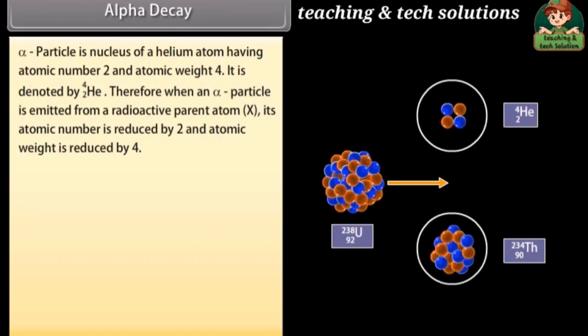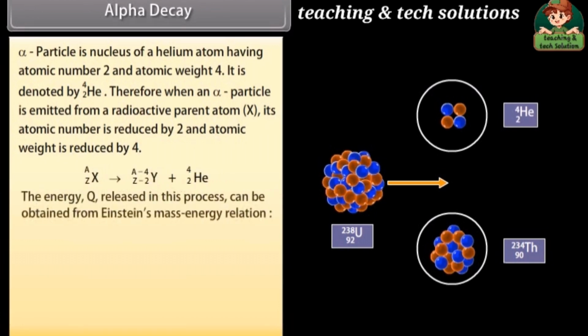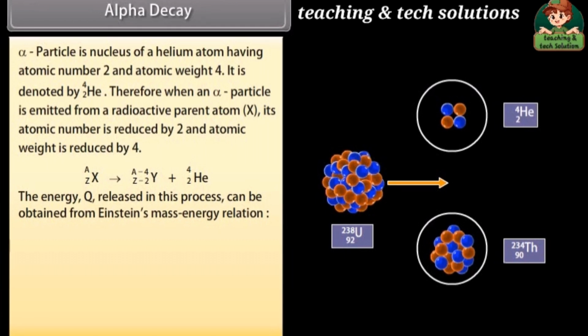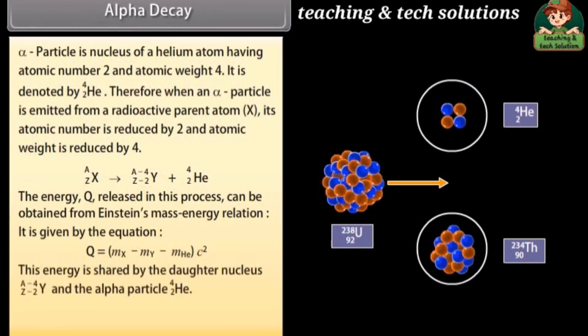It can be demonstrated as the energy Q released in this process can be obtained from Einstein's mass-energy relation. It is given by the equation Q is equal to (mX minus mY minus mHe) into c square. This energy is shared by the daughter nucleus and the alpha particle. For example,